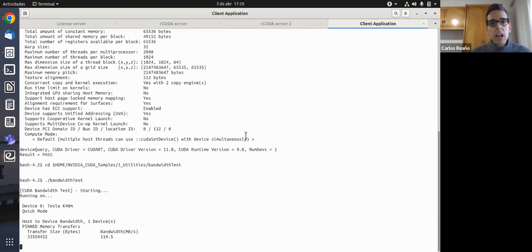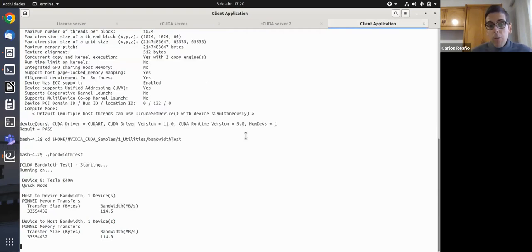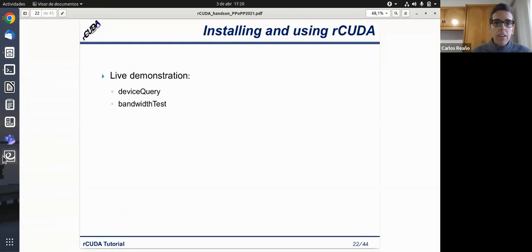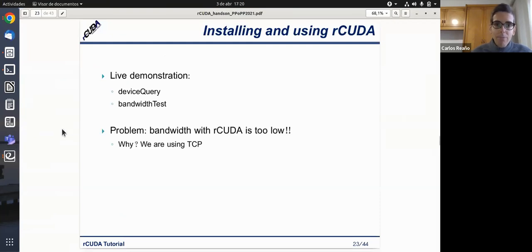And as you can see now, one of the concerns is that this is a bit slow, right? The performance with this very low bandwidth will not be very good, right? So what can we do?